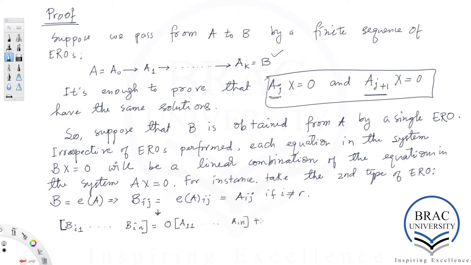Now 0 times the second row of A, which is A21 all the way up to A2n, and then you have the ith row, which is 1 times the ith row, AI1 all the way up to AIN,